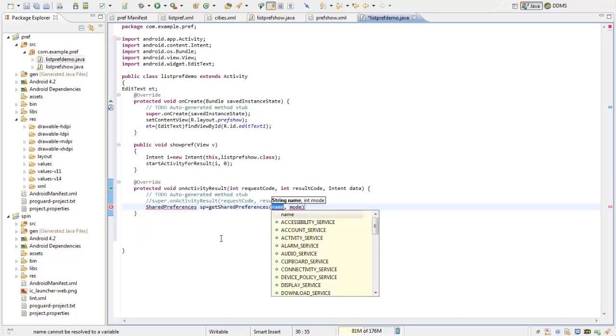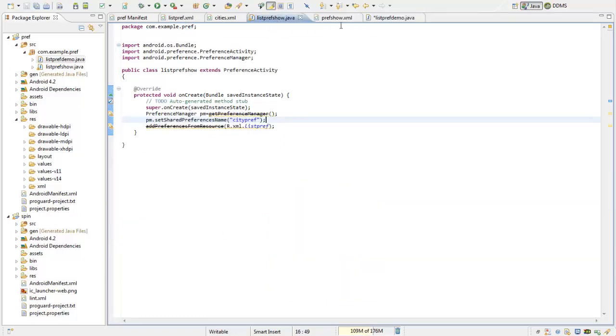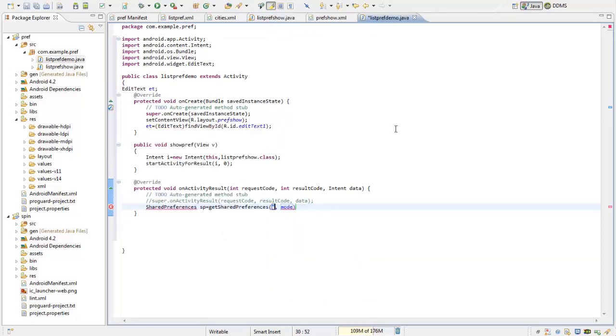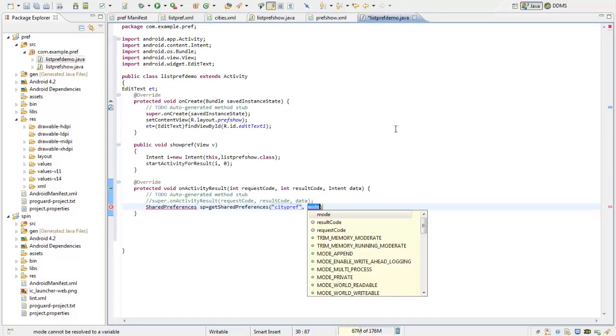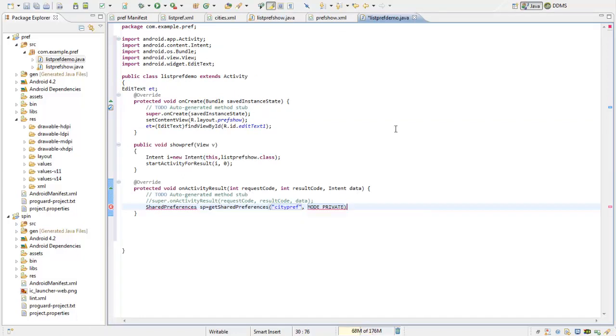Get shared preferences. The name we have set as citypref. So I'll say citypref, and mode we can say as MODE_PRIVATE.